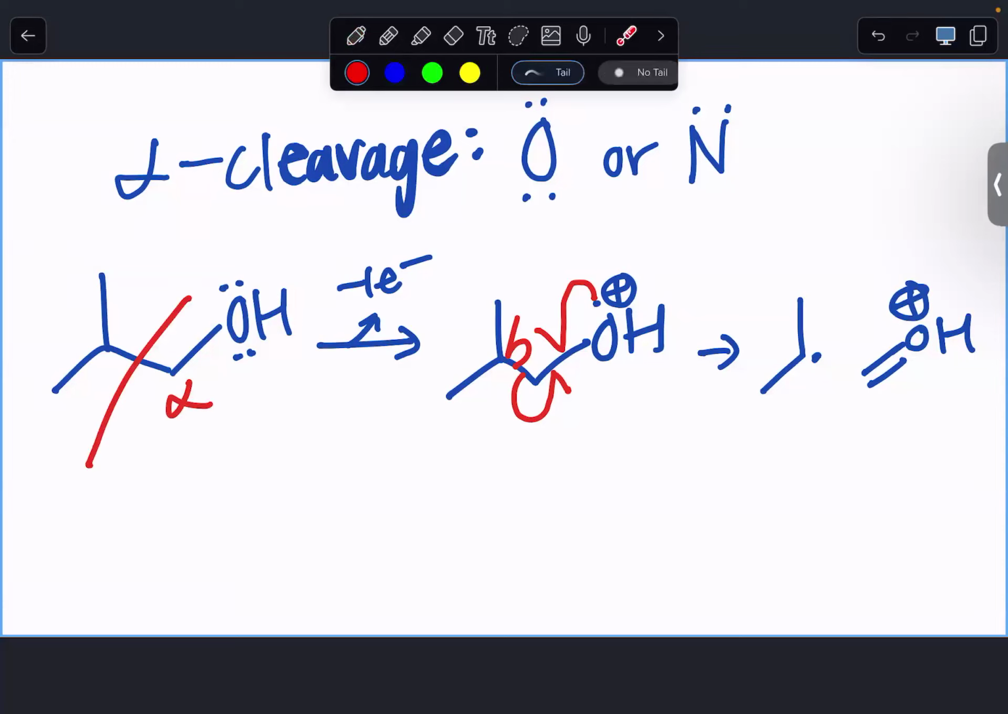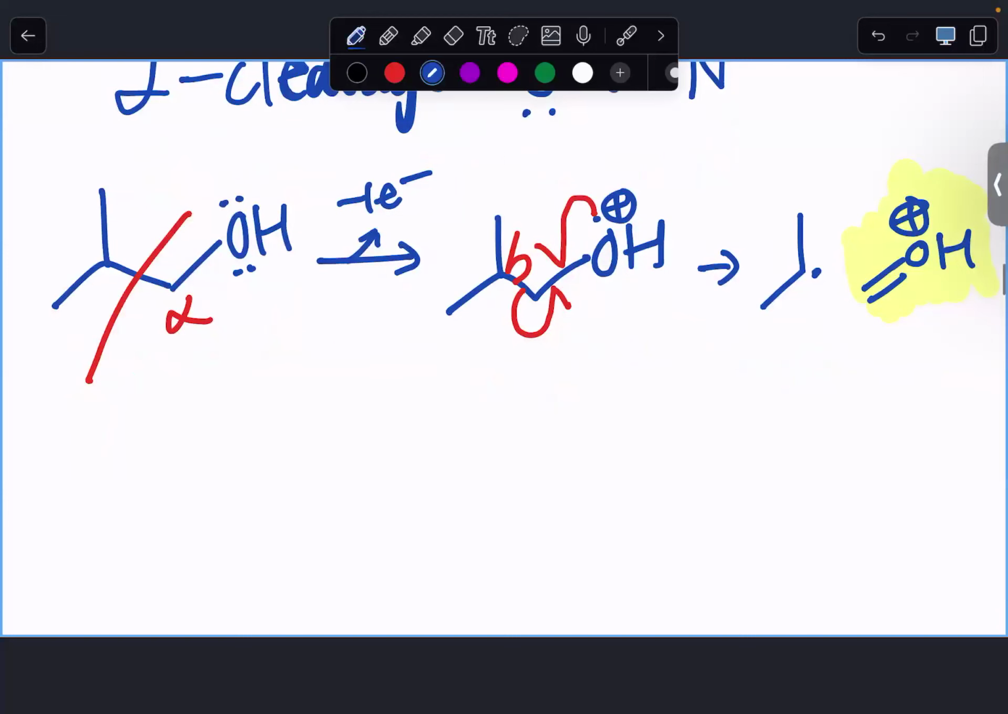What gets read in the mass spectrometry, this radical or that cation? Cation, that's right. So that's the thing that we calculate for the mass to charge ratio. Right. Let's try another example. This we have